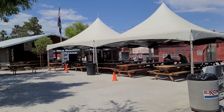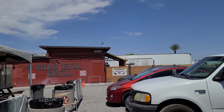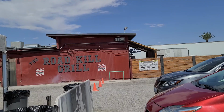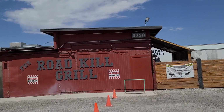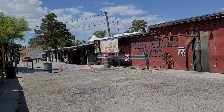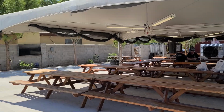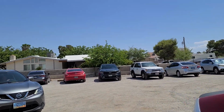Typically there's a long line here for takeout, but today, a Thursday afternoon in June, it's not so bad. But a tremendously popular place, and it's been here for a long time. The neighborhood kind of came up around them. You can see the line is not too long there actually, and they have a little seating area here for folks, a little picnic area. But the neighborhood came up around them, and it's in a